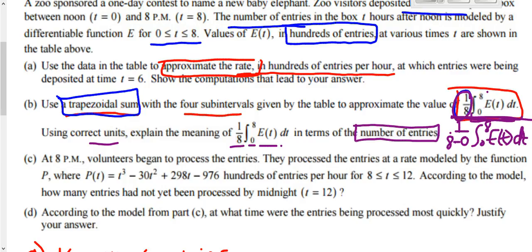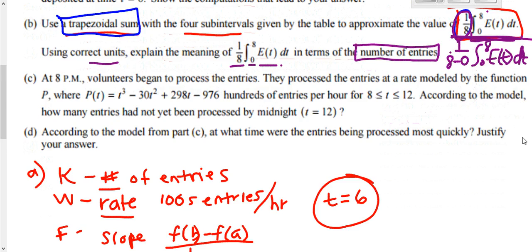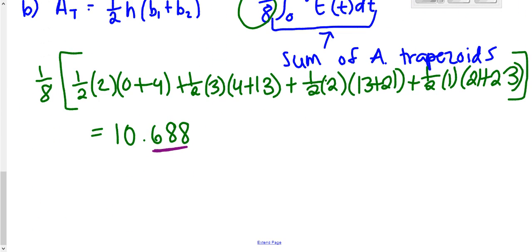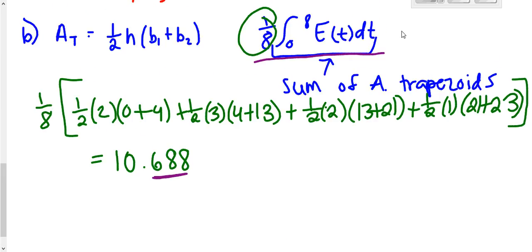Once you recognize that pattern, it tells us the average value. That is our average value integral. So this integral, 1/8 from 0 to 8 e of t dt, is the average